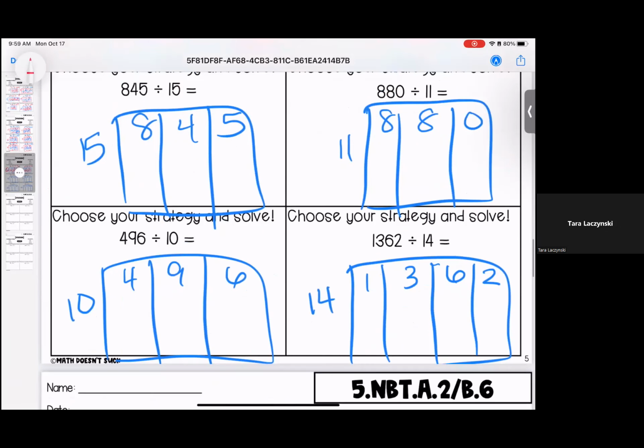All right, moving and grooving down page number 3. We have 845 divided by 15. I know, because I'm sensing a pattern, that 15 does not go into 8. No, it doesn't. But it is going to go into 84, and the closest that I can get that time is 5. And 5 times 15,